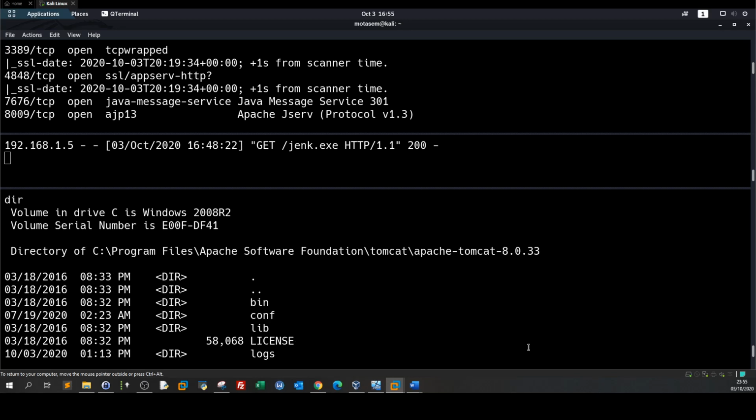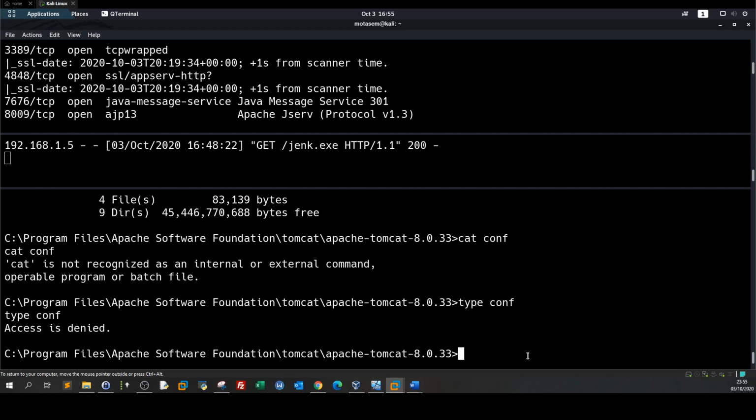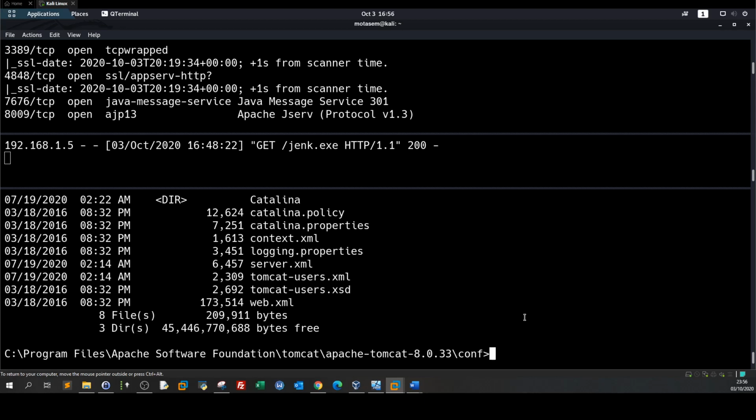Oh, I'm in Linux. Oh my God. Type conf and access denied. I think it's a directory. Okay, so inside the directory of conf, we can see that we have